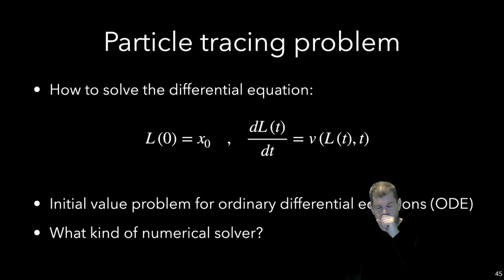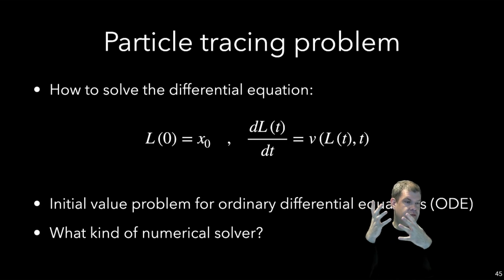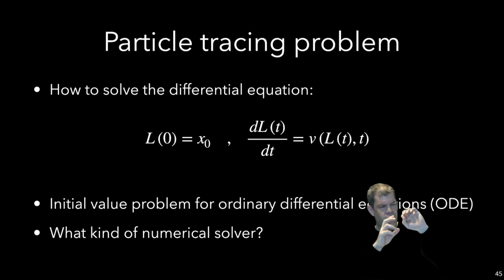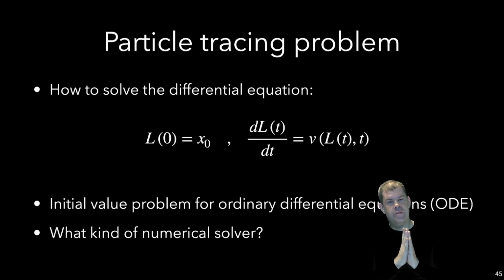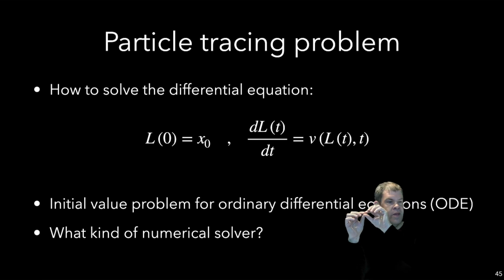So now how would you solve this numerically? Let's go back to what I said at the very beginning, when I said, okay, what's such a line anyhow? I started with massless particles without inertia or anything, and I just blow it to a certain point, and then I stop, check the flow, blow it again. So I've already kind of introduced this basic idea of a stop motion approach, right? So we start at a point, we move the particle a little bit, we stop, get a new position, store that,